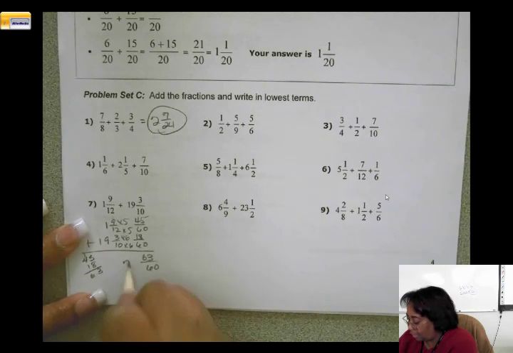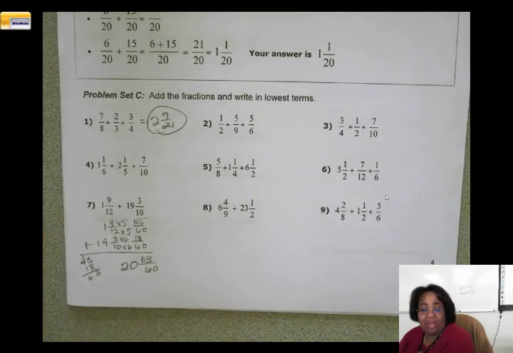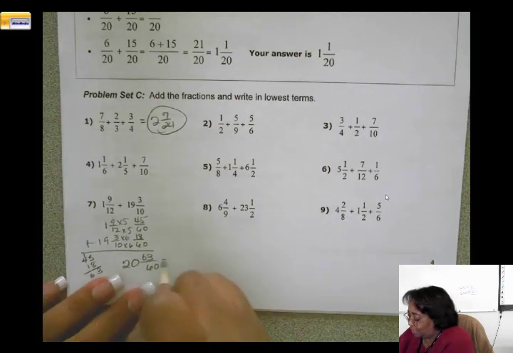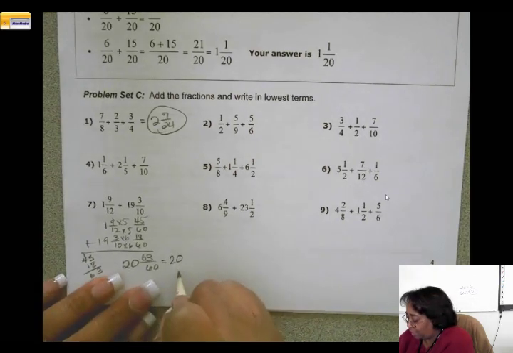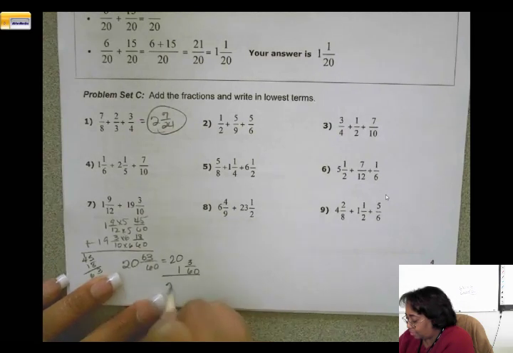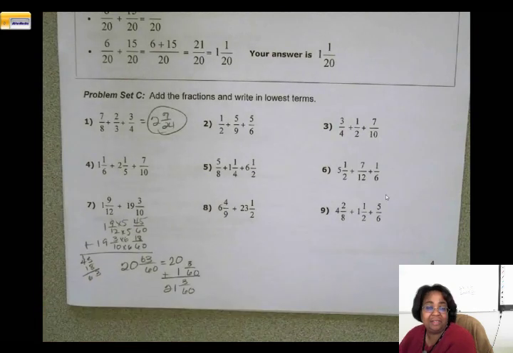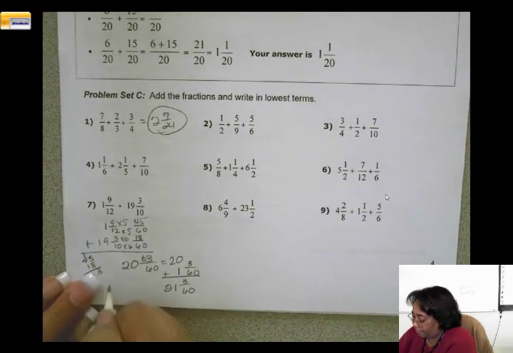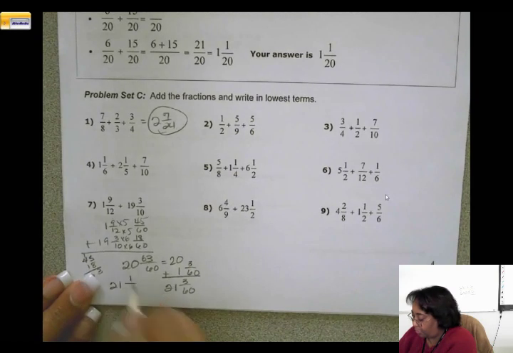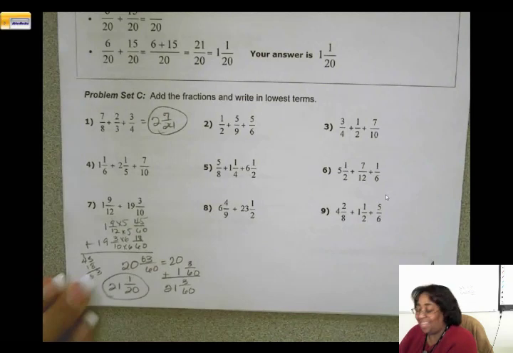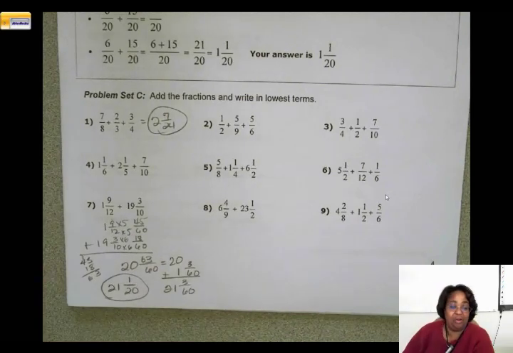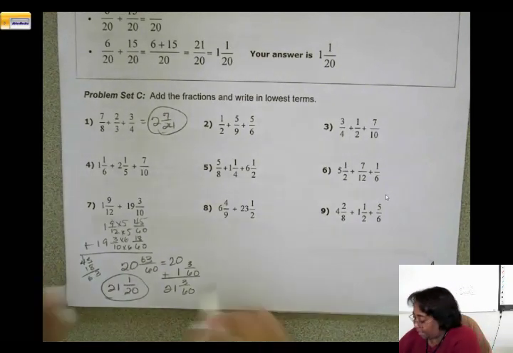And this becomes 20. So my whole number is 20, but my fraction is 63 over 60, which is improper. So I have 20 plus 1 and 3 over 60 gives me 21 and 3 over 60. But can't I reduce 3 over 60? What does that become? 3 goes into 3 once and 3 goes into 60 20 times. So I end up with 21 and 1 over 20 because I'm going to divide this by 3